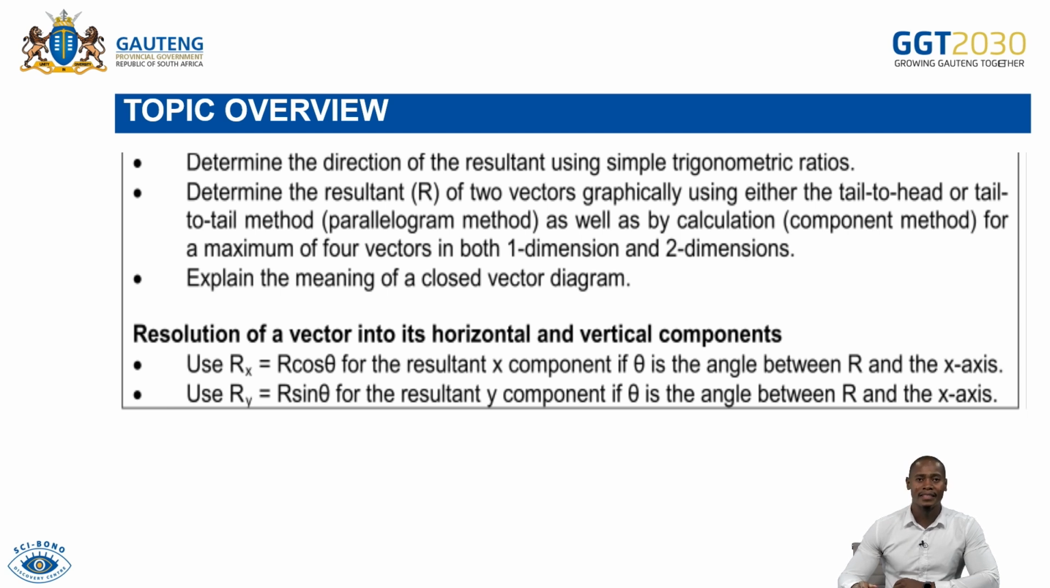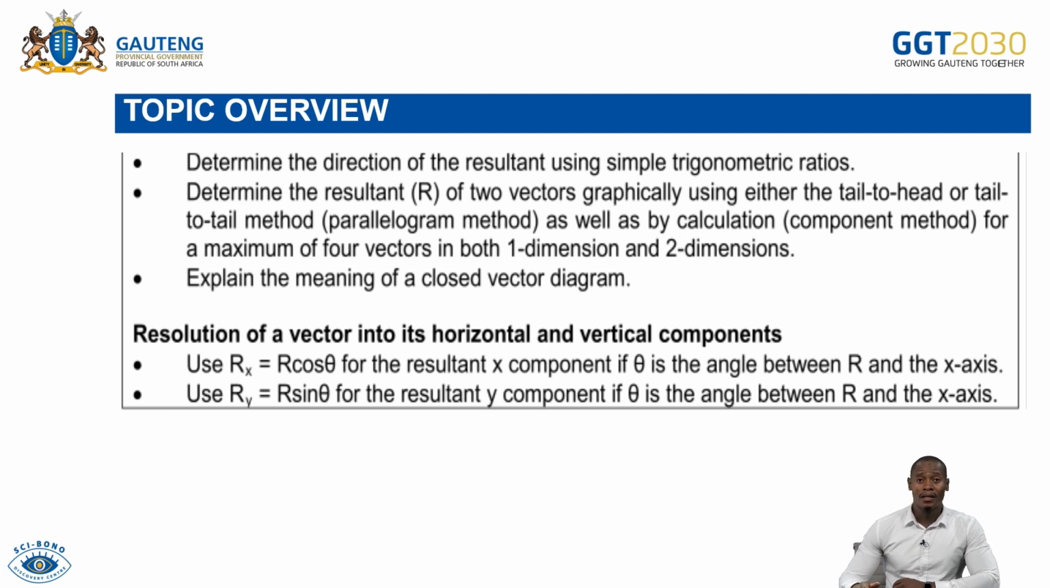Determine the resultant of 2 vectors graphically using either the tail-to-head method or the tail-to-tail method, right? And then explain the meaning of the closed vector diagram, and then resolve a vector into its components. For example, if a force or a vector is applied at an angle to the horizontal, you must be able to resolve that vector into its components, which are the vertical component and the horizontal component. So this is what we need to cover